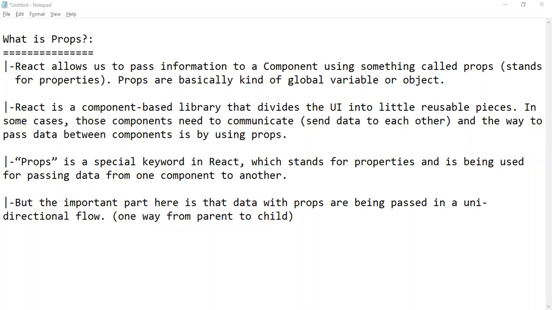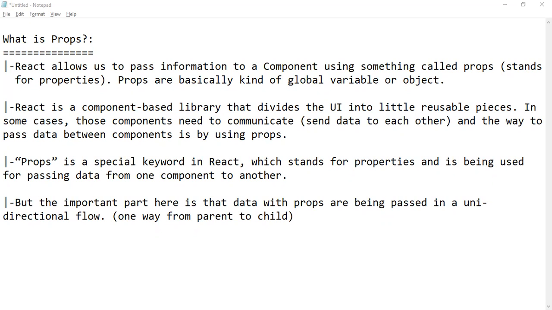And second thing, props data is read only. It means whenever we pass data from parent component to the child component, the child component can receive that information coming from the parent component, but the information received by the child component cannot be altered.